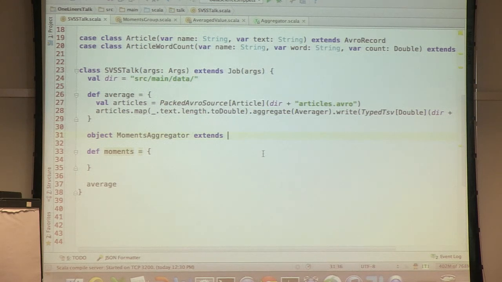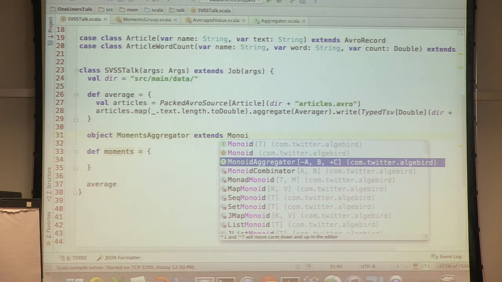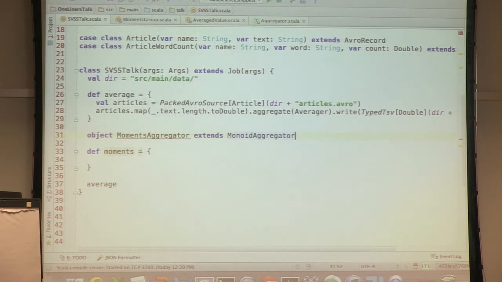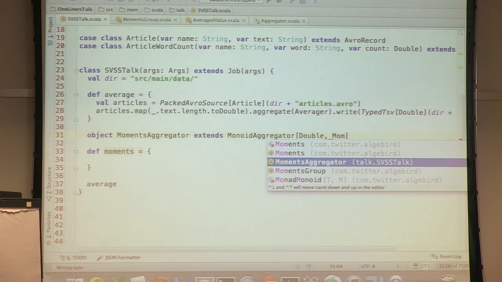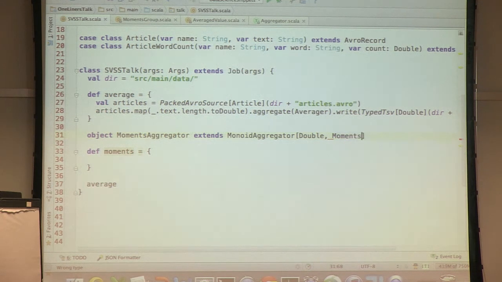So extends monoid aggregator, and now we will, again, start with double because that is the data we have. What we will reduce on will be moments.